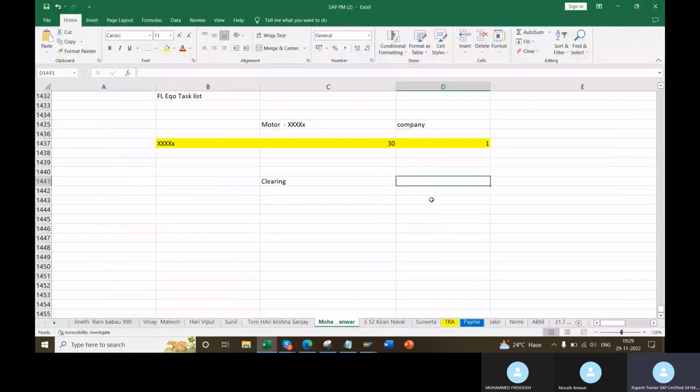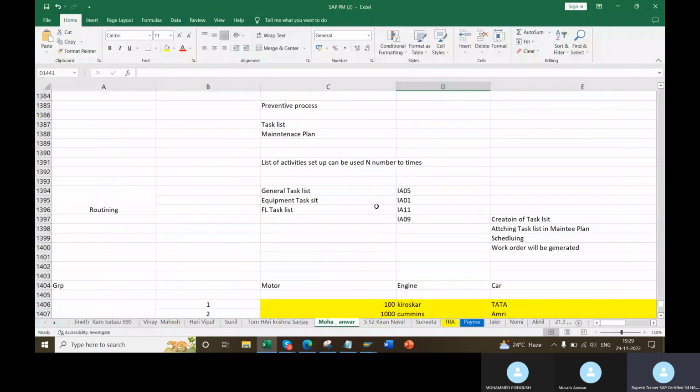So yesterday I told you the steps in preventive maintenance: creation of task list, attaching the task list in the maintenance plan, scheduling and work order. Now I am going to create the maintenance plan.